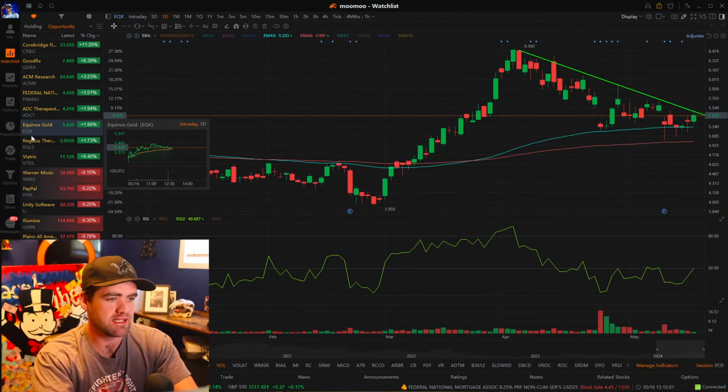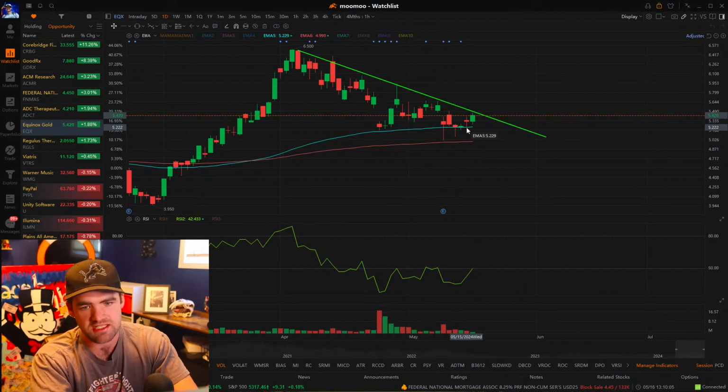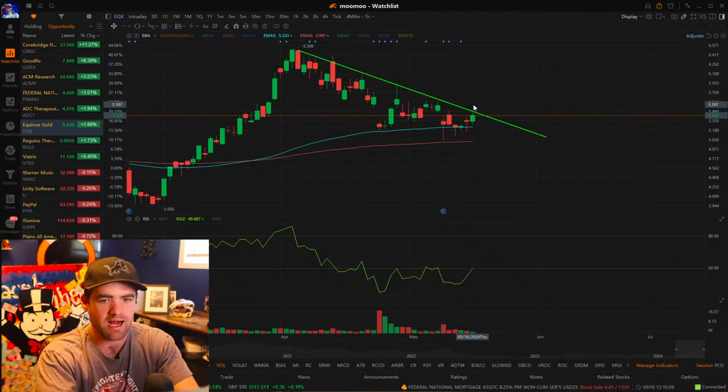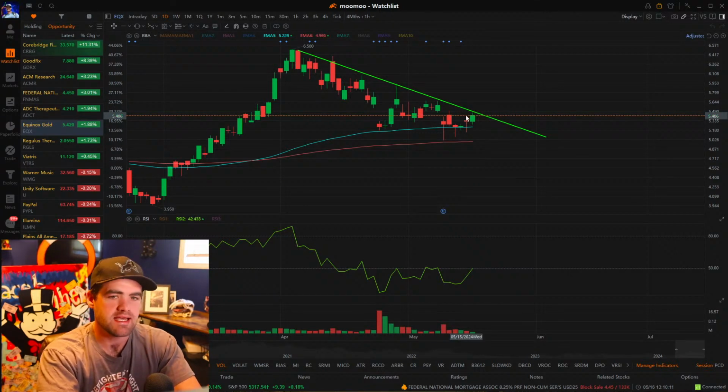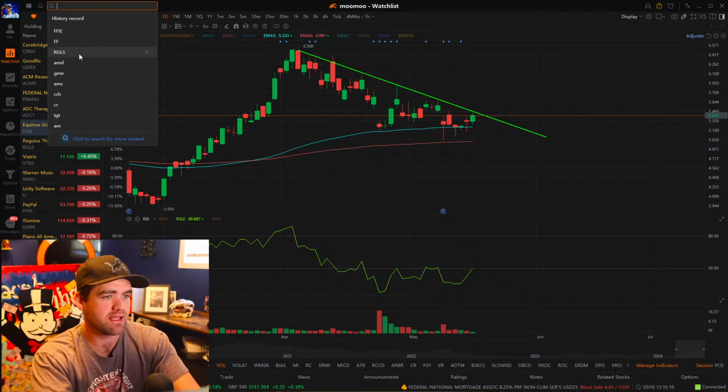Another play is EQX here. This one, we were hoping for a nice move from the 90-day to the trend line, which did happen. So now our plan is to see if we can get a push going higher, kind of like